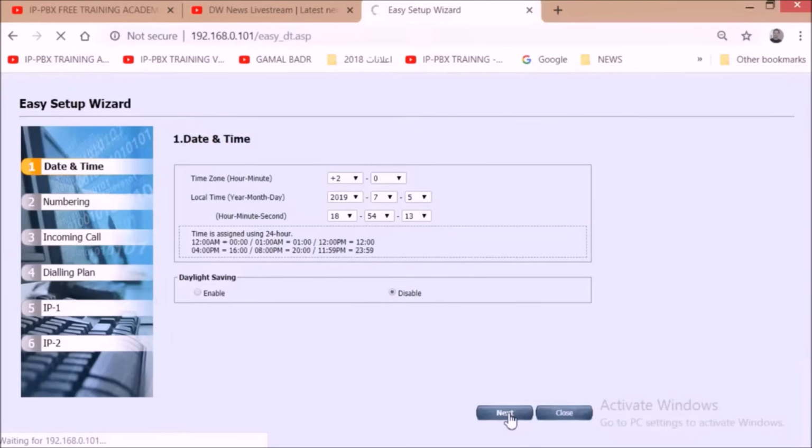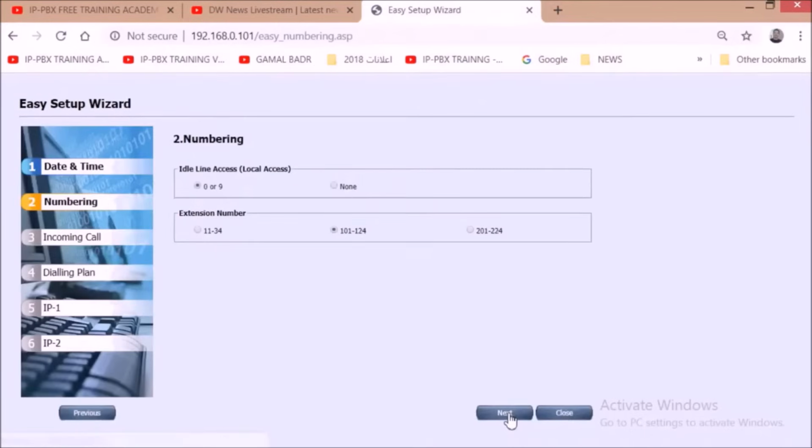Next step would be numbering. Idle line access or local address was 0 or 9, or we can select none. Extension numbers could be changed at any time, but for the first time it's asking to start 2-digit numbering or 3-digit starting from 100 or from 200. We will leave the default setting as it is without changing and go to the next step,